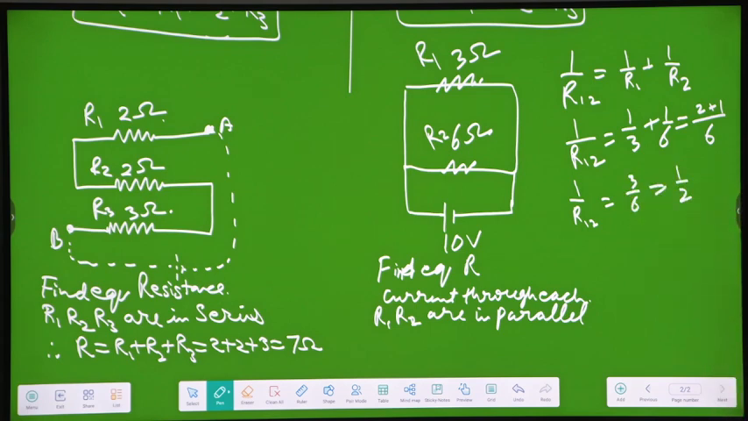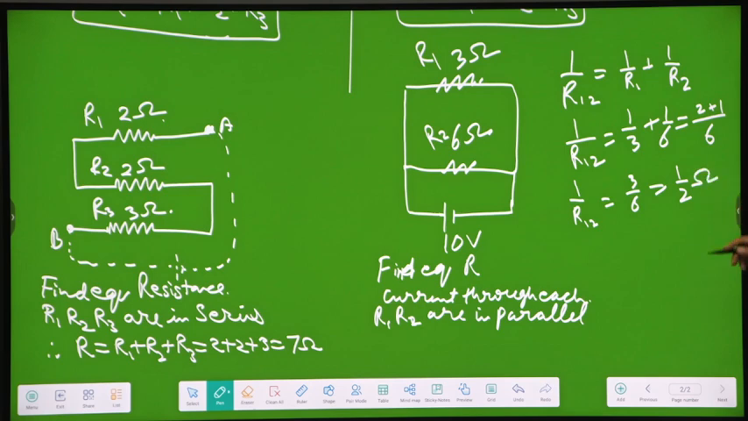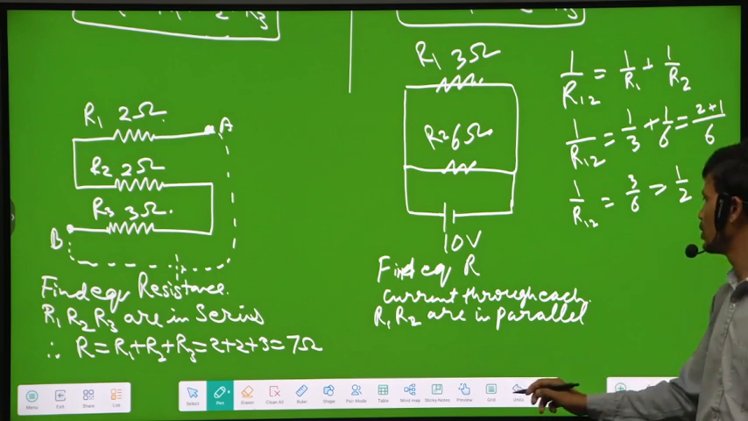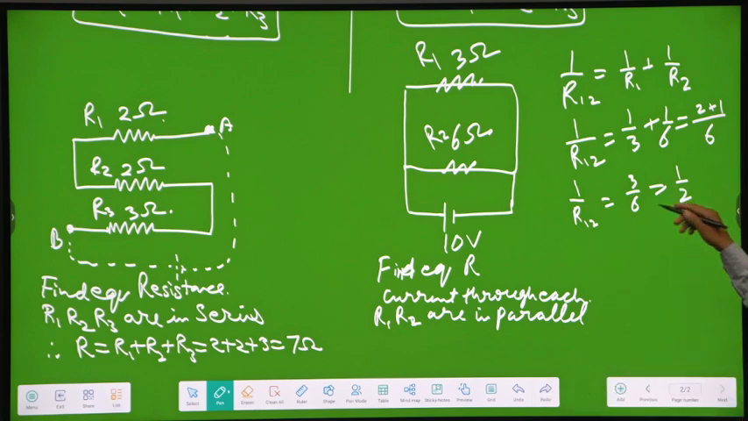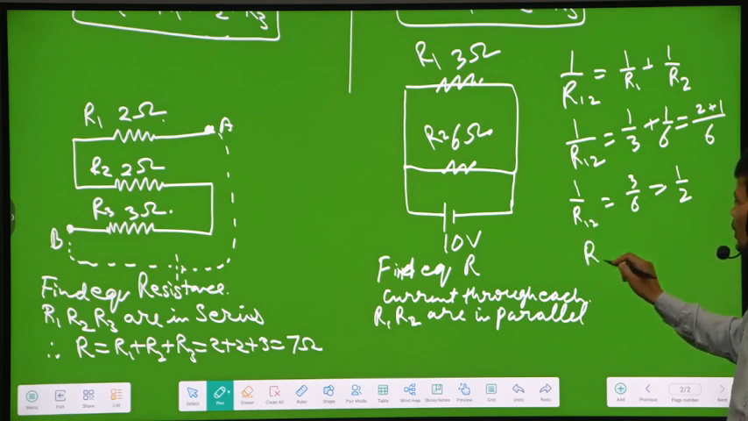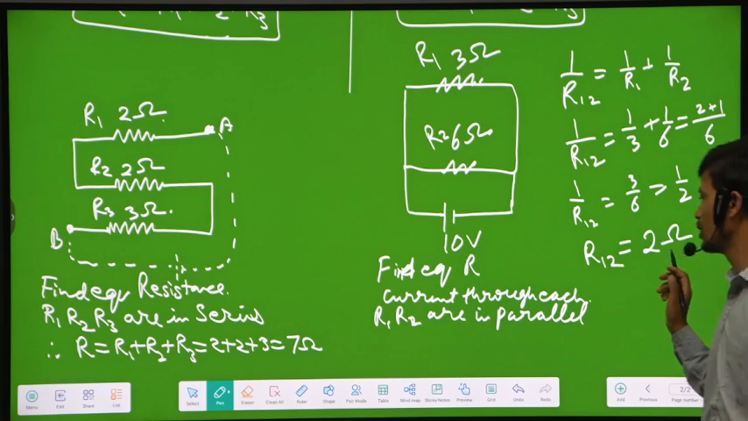See, now in the next step, what students usually do, they just write it 2 ohm, or in fact some of them are so excited they write here. No, that's wrong. In the next step, after this step, write the next step, reciprocate it, and here also 2 by 1, that is 2 ohm. Now you are eligible to write it in